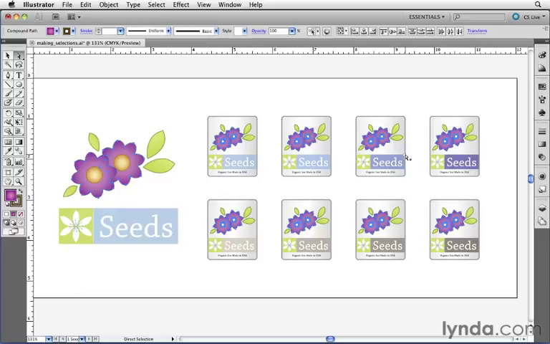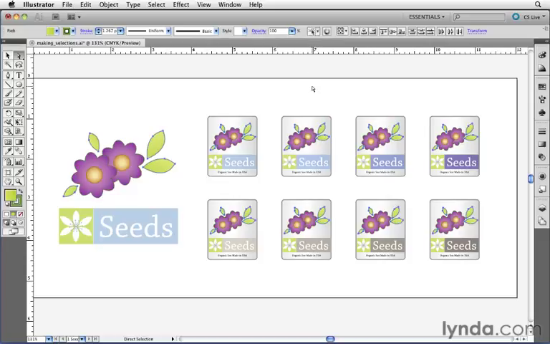But here's why this feature is so nice inside of Illustrator. If I deselect everything right now, and I click on one of these flowers, and I decide now that I want to select all the flowers, I just have to click once on this button. It memorizes the last setting that I've used, which was the Select Same Fill and Stroke Color setting, and instantly applied it now so that all the elements are now selected. For example, if I now choose to select one of these leaves, a single click on this icon would now select all the leaves in my document.